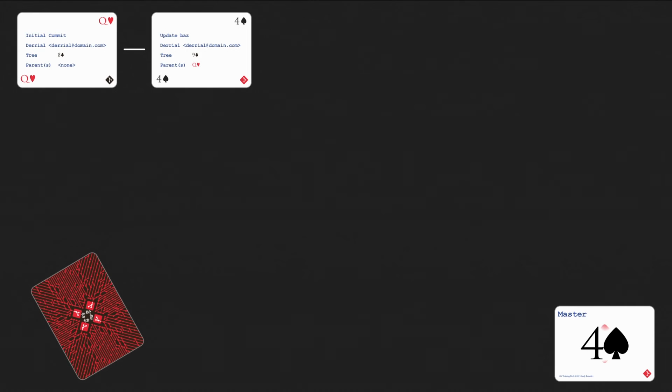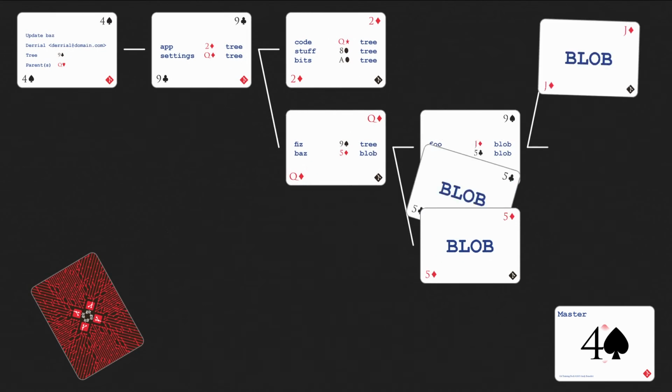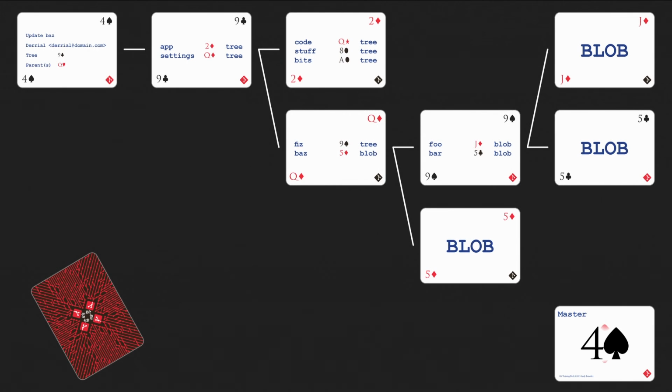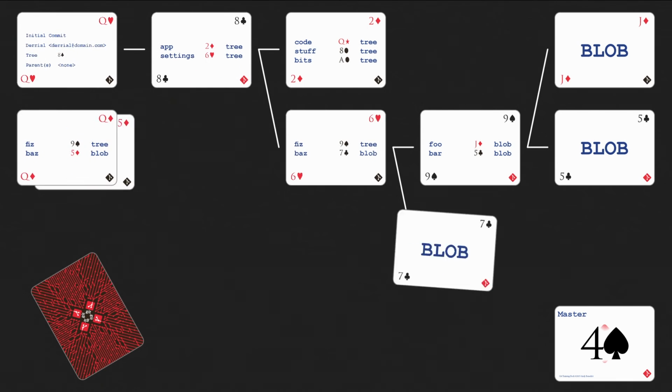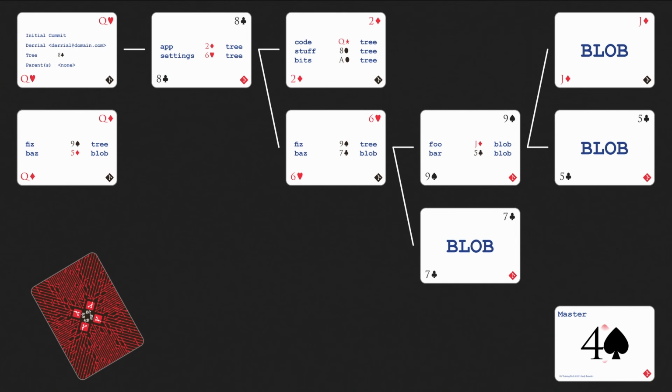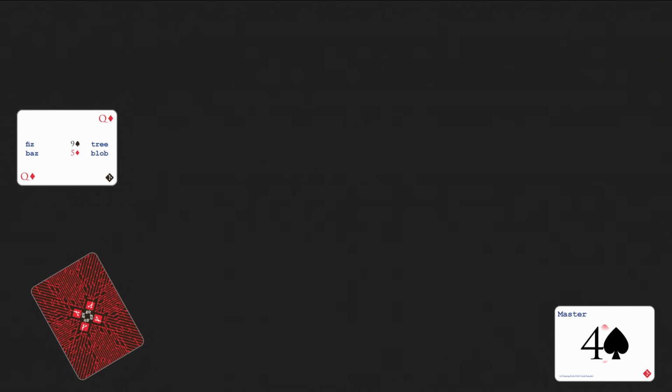When Kaylee clones the repo, the source repo is going to pull all of the active objects in its deck and package them. To accomplish this, it's going to start at the head of each branch and build out the tree, building a manifest of objects as it goes. Then it will work its way backwards through the history until it reaches the initial commit. Once the manifest is built, it will package it up and send it to Kaylee. Kaylee will then add all of those objects to her deck.